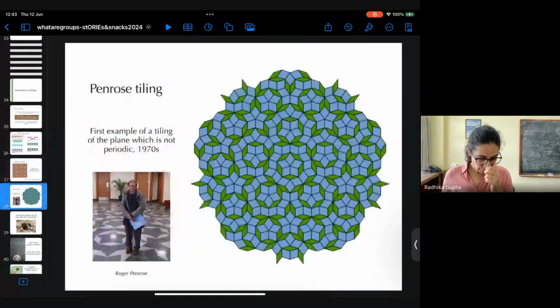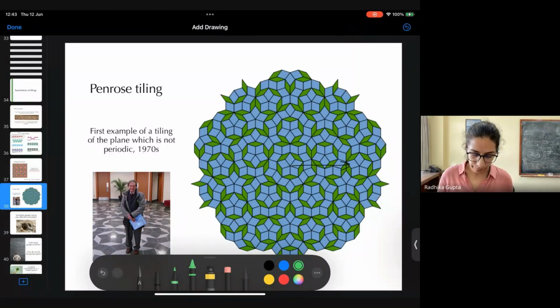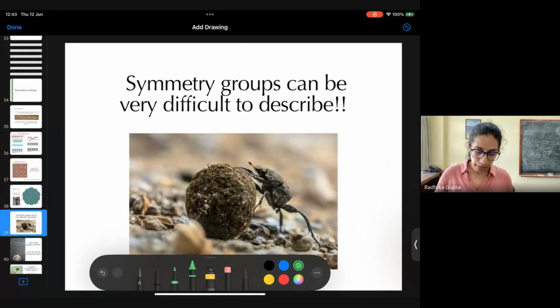Then Penrose came up with a tiling which has no translational symmetry, which is also weird. You can't translate and get the same thing. Here you do have rotational symmetry. You can rotate about these points. But all this is to say,